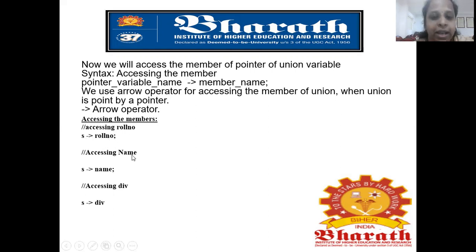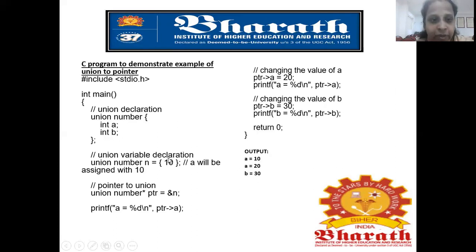If I'm going to use the name field, I can use S arrow name. That is, this is the pointer variable arrow mark. If I'm going to access division, I can use S arrow div. So this is a way by which we can access the pointer variable in terms of union.